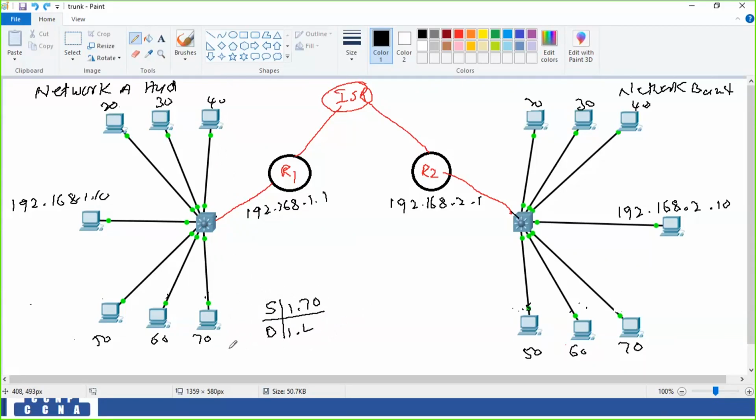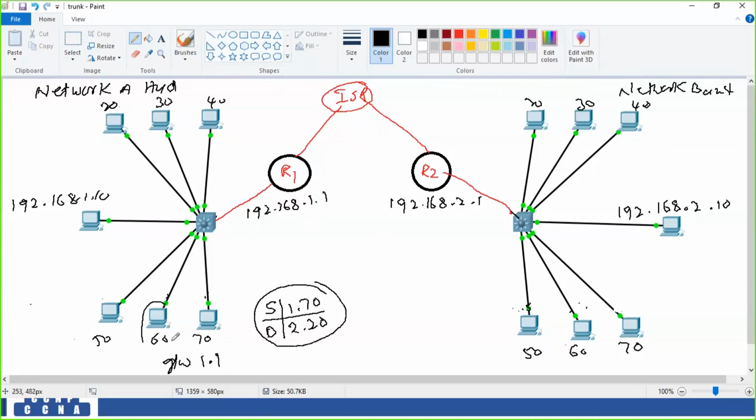Like what if this seventh device is trying to communicate with network 2, which is the Bangalore network's second computer. Then destination is 2.20. So source is 1.70, destination is 2.20. What your PC can understand: oh, my destination is in a different network. So I need a router to forward my packet. So how does the PC know where the router is? We need to configure a default gateway address. Whatever router IP you have assigned, that will be the default gateway. So default gateway is 1.1,